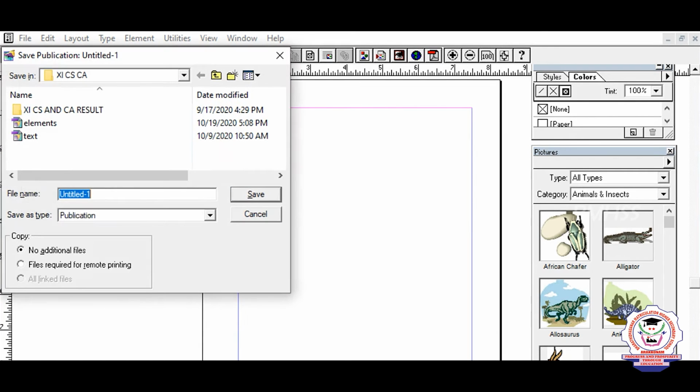The Save As dialog box appears on the screen. Here you can type a name for the document, for example elements 1 or elements 2. Then click the Save button.